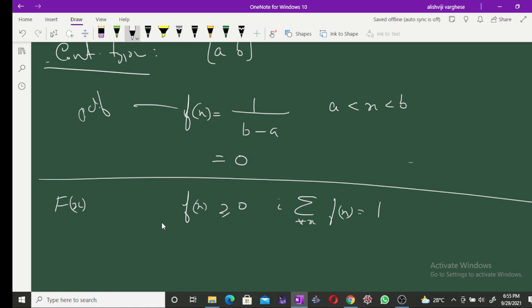All these properties can be verified, and the cumulative distribution function can be calculated for this particular probability density function. These two, continuous and discrete type uniformly distributed random variables, are simple examples to illustrate the concept of probability density function,